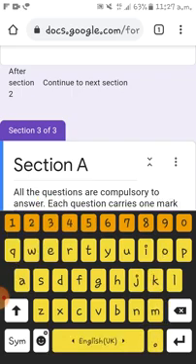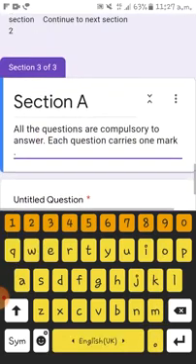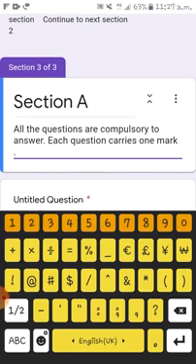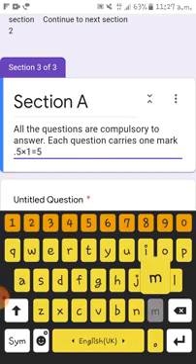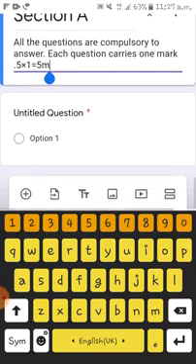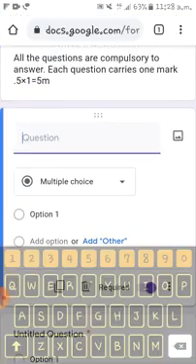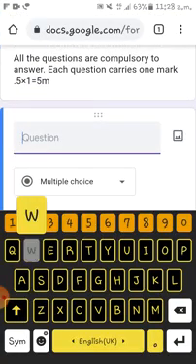Alright, now suppose I take a 5 marks paper, so you have to write 5 questions of 1 mark each, equals 5 marks. Now you have to select the plus option and add the question here. Suppose, for example, what are